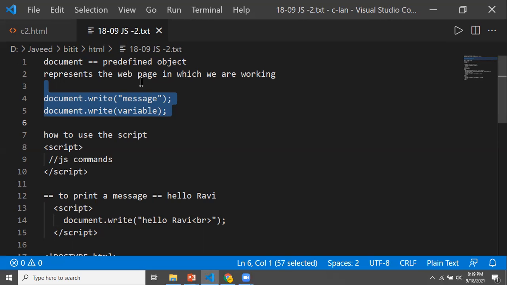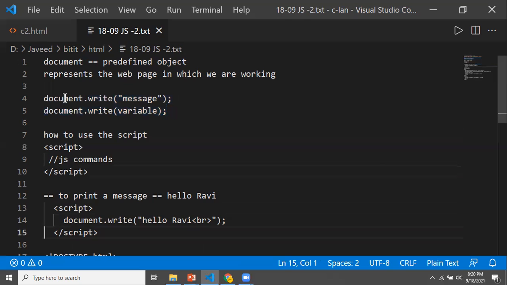If I'm putting the thing into double quotes, that is what the first one in line number 4 is, then it will be treated as a message. That means whatever you place into double quotes will be printed as it is onto your web page. And if I'm putting something without double quotes, it is assumed to be a variable, and it will try to find the value of that variable. Yesterday we had a discussion on variables and all. Again, we'll have a recap of what a variable is.